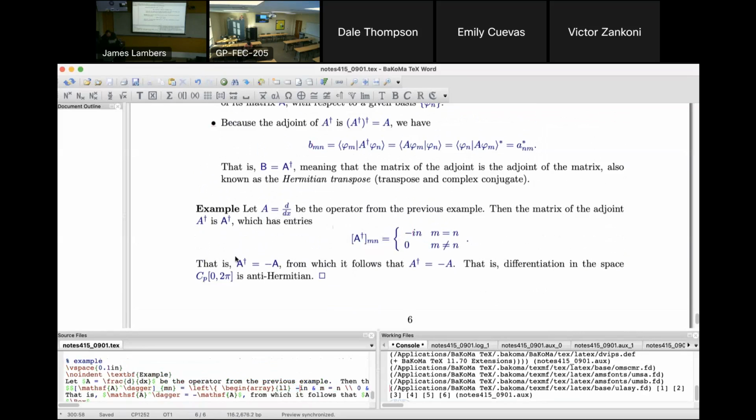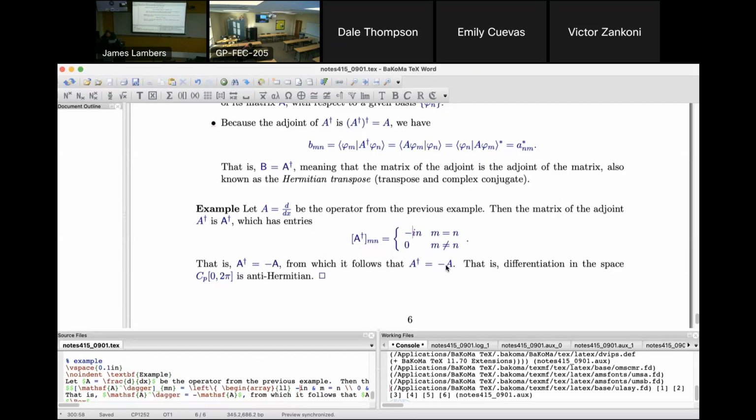So the matrix of the adjoint is minus the original matrix, and from that we conclude that the adjoint of the first derivative operator is